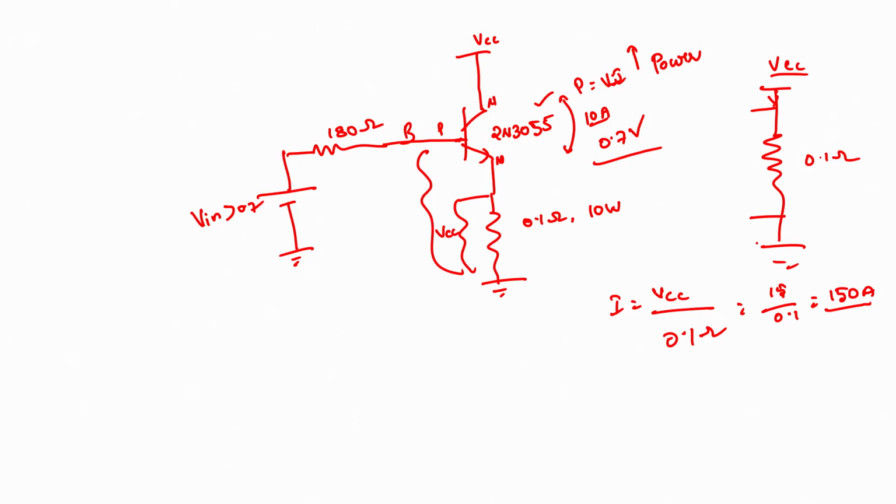But how do I control the current? In this case you do not have any option. Whatever voltage I apply above 0.7 does not matter, the transistor will always be in a switched on condition. So, the voltage drop across this resistor will always be VCC.